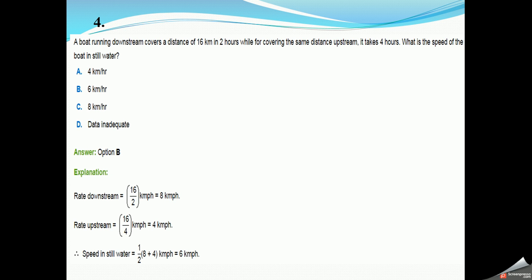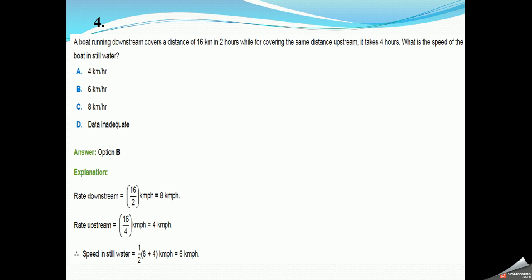Next problem. A boat running downstream covers a distance of 16 km in 2 hours, while for covering the same distance upstream it takes 4 hours. What is the speed of the boat in still water? Given that a boat goes downstream and covers a distance of 16 km in 2 hours, it means the speed of the boat in downstream is 16 by 2 equals 8 km per hour,